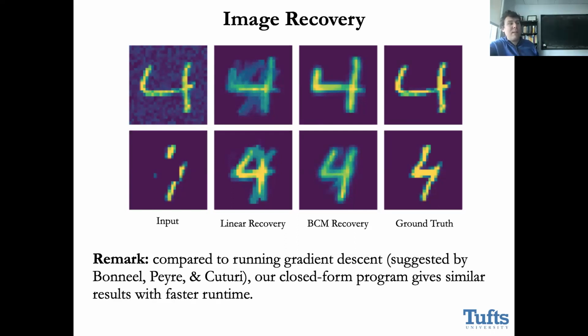So we can do that with linear estimation by finding a subspace of 4s that approximately generate my corrupted images. And what you get is what's in the second column here. And it's what I think you would anticipate, which is that you have these artifacts that come from the fact that the linear reconstruction models are just going to add at each pixel value. So you're going to have things stacking up on top of each other and giving you lots of kind of nasty artifacts.